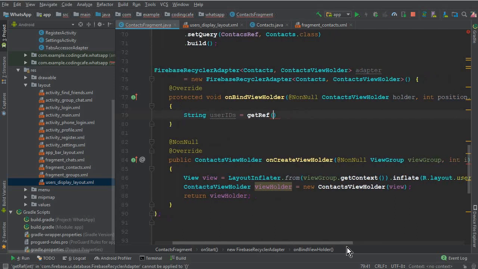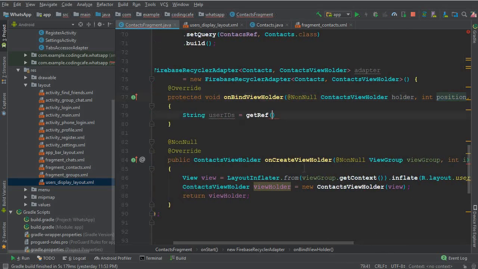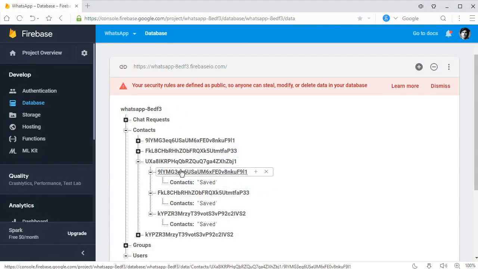And by using this position object, okay, here you can see we have a contact view holder object holder, and for the model class we have this model object. So by using this position we can get the position and then the key, that is each of these keys, okay,